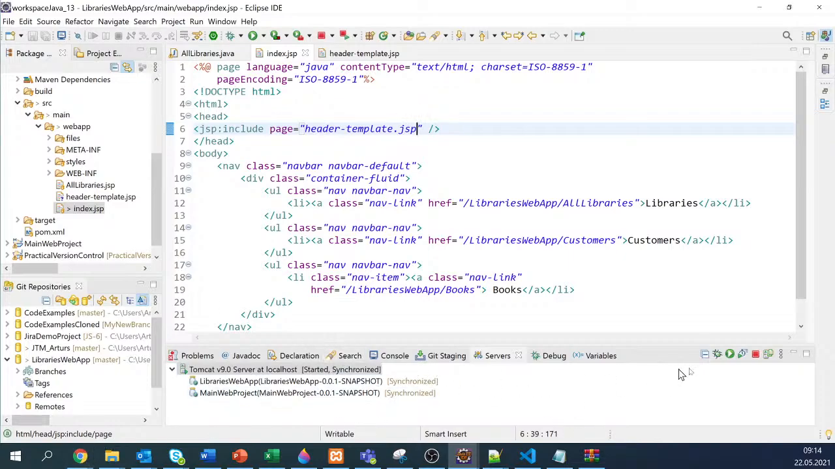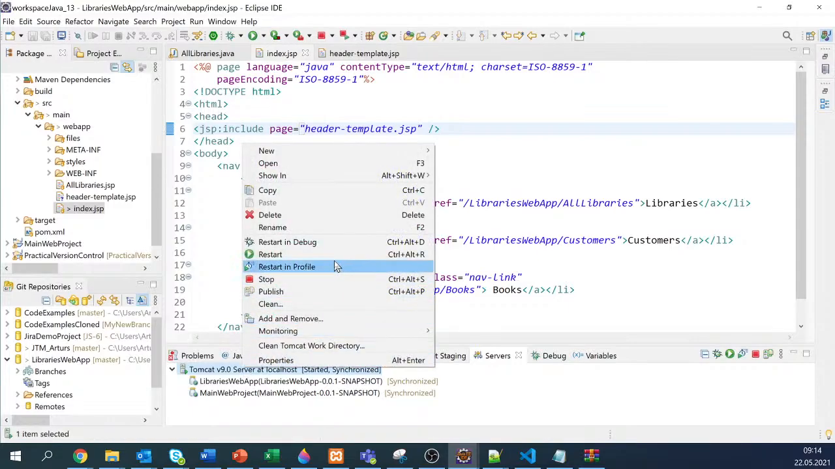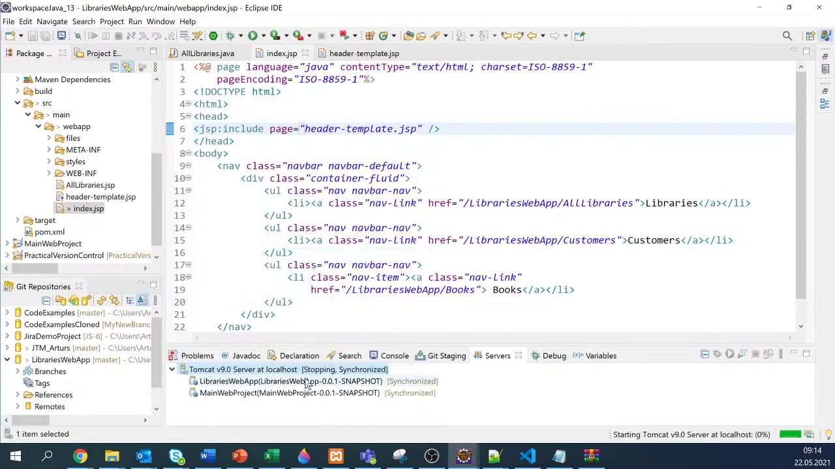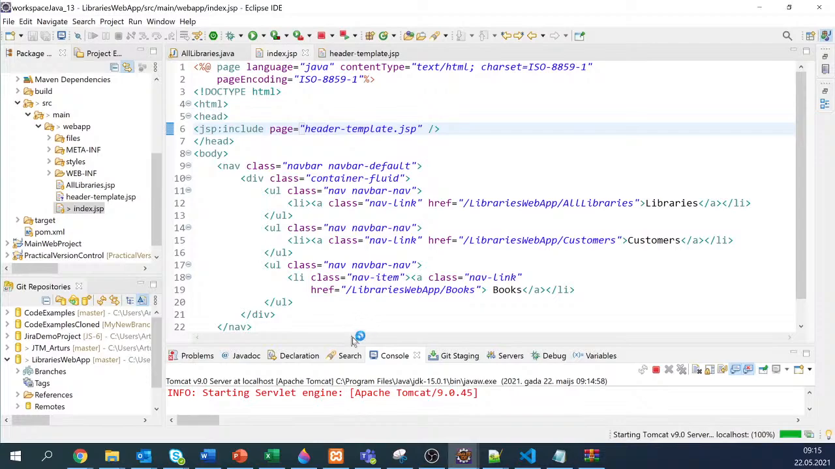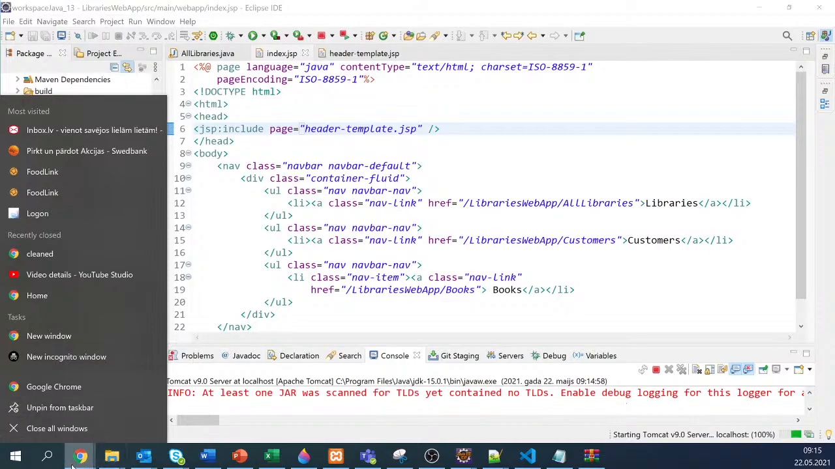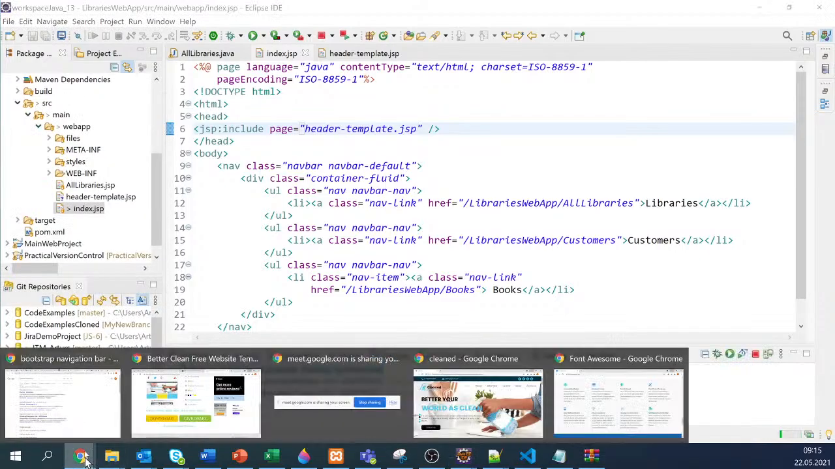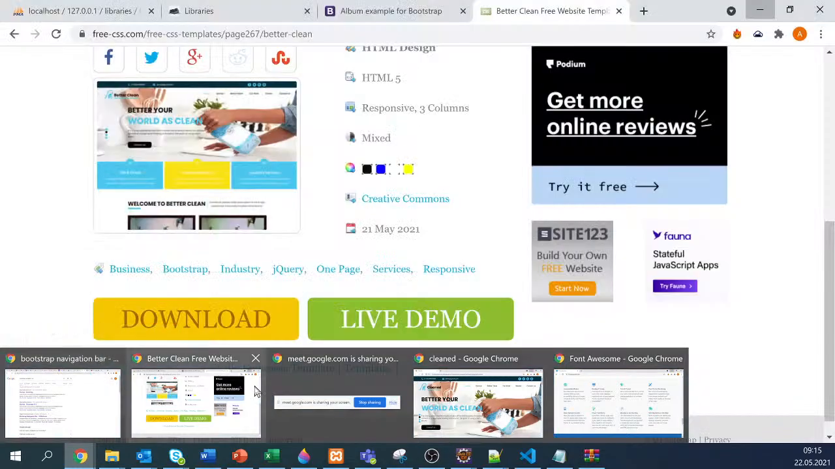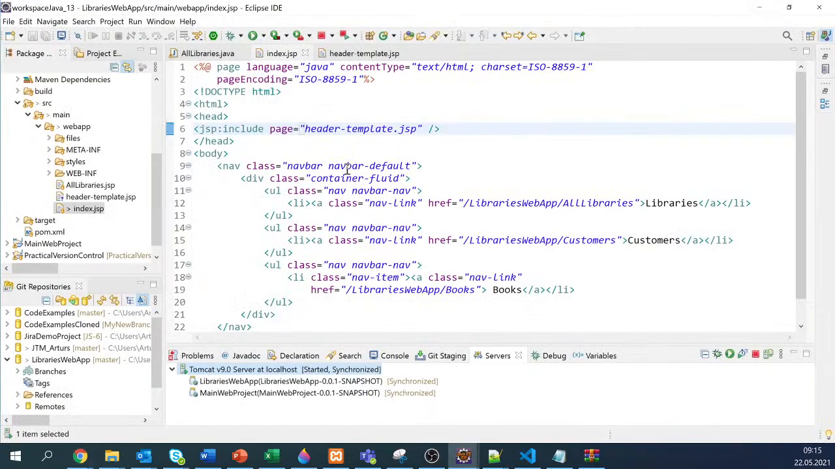Maybe just to be more precise, let's restart the server. Because if you don't restart the server, sometimes you may not see new files available. But again, it's always better to restart in such cases. So let's go to our browser. Let's refresh. The result should be the same. Yeah, the result is the same. Nothing is broken. So what does it mean? It means that we can encode this fragment into our